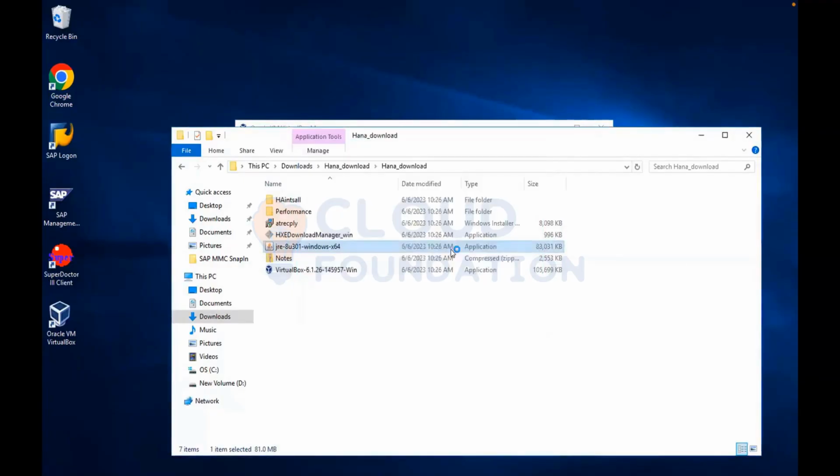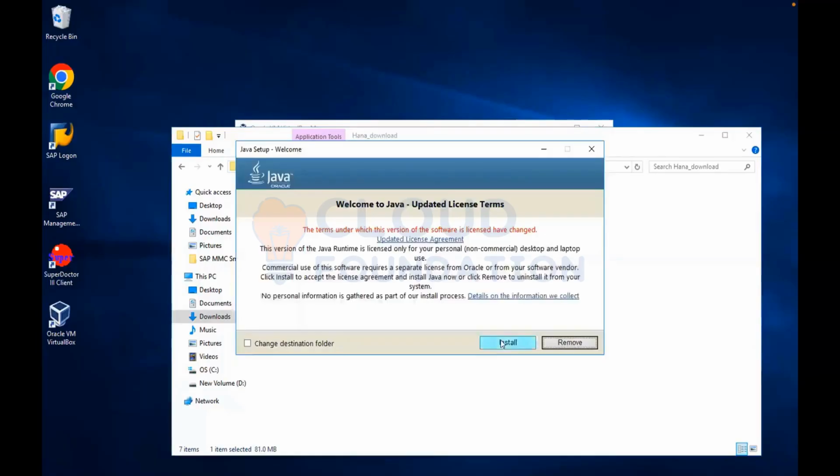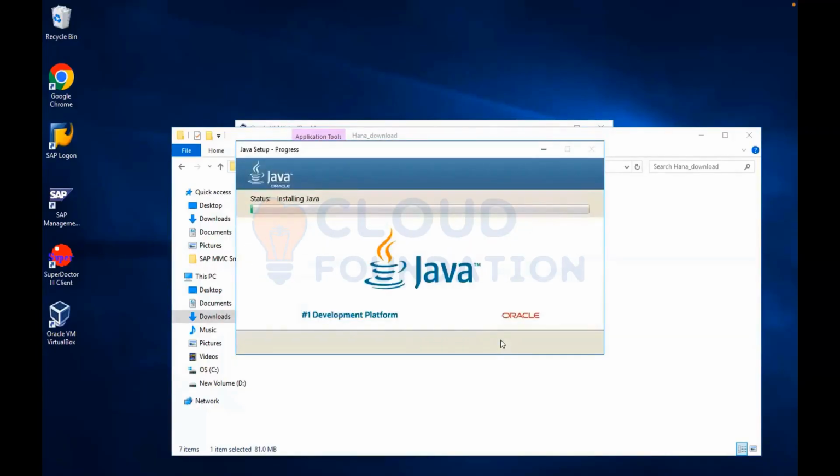HANA requires the JRE, Java Runtime Environment, to download the HANA Express Edition. I'm just downloading the Java Runtime Environment.